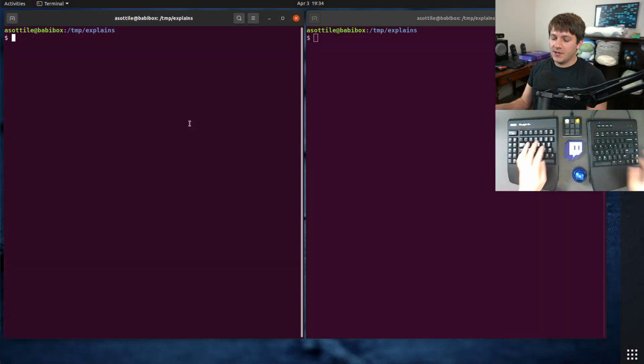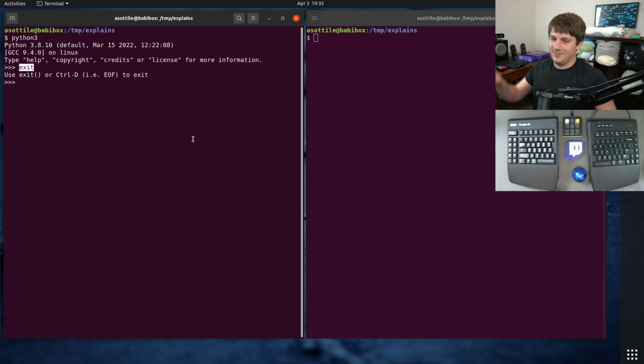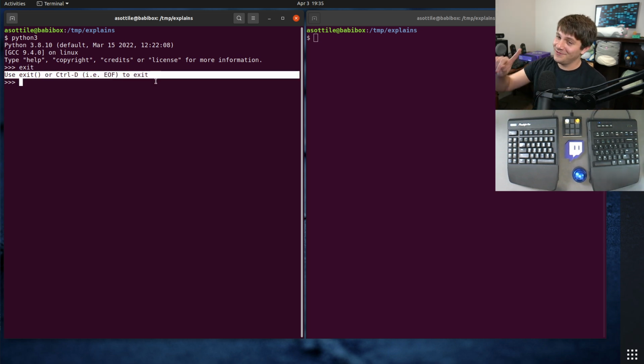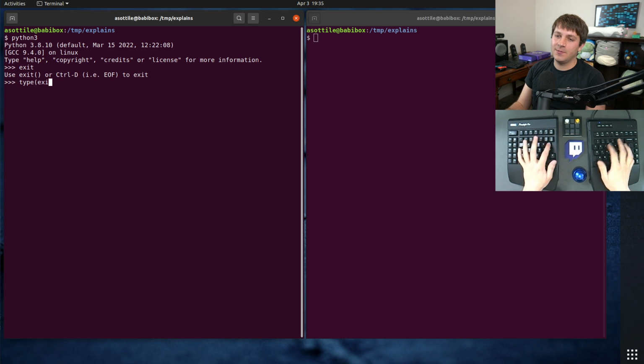Okay, so the first example comes from a previous video I did where I customized the exit built-in. It comes from the site module, so it's not exactly a built-in. I did it to make it so if you just type exit without parentheses, it just exits instead of saying, oh, you should have done Control D or exit parentheses. And the way I did that in the video was to type exit dot repr equals lambda